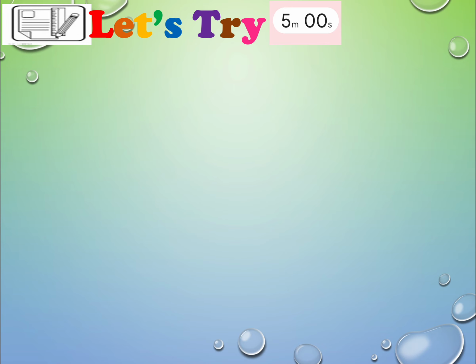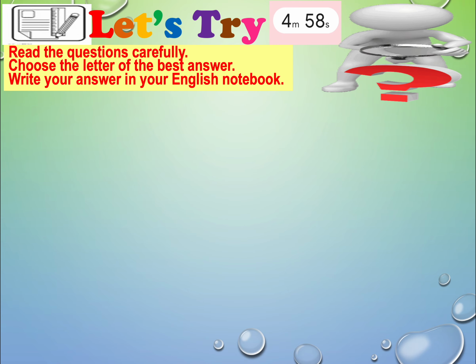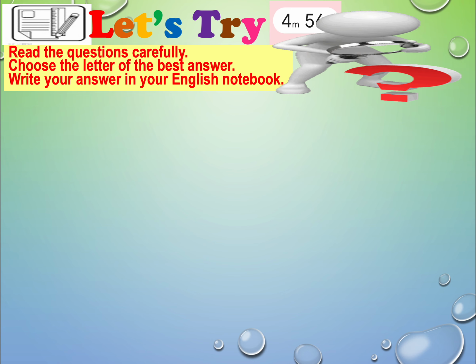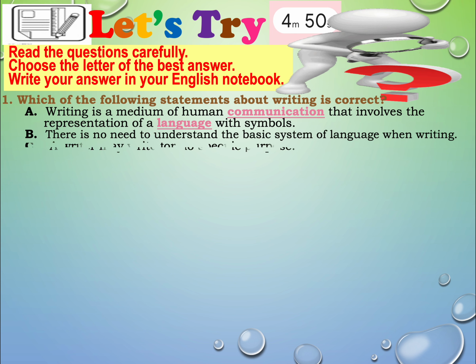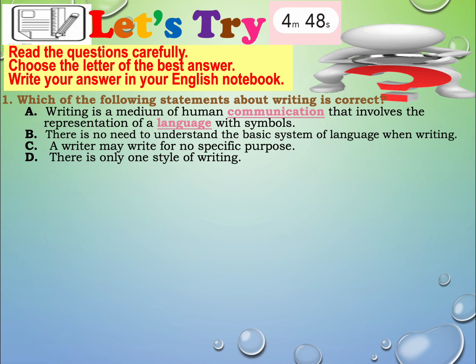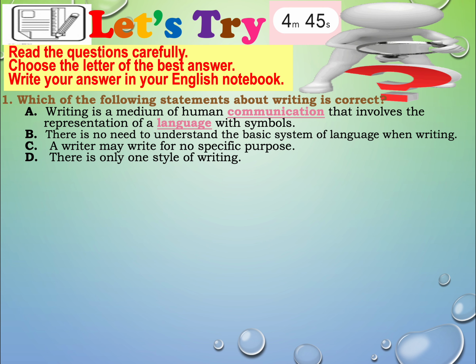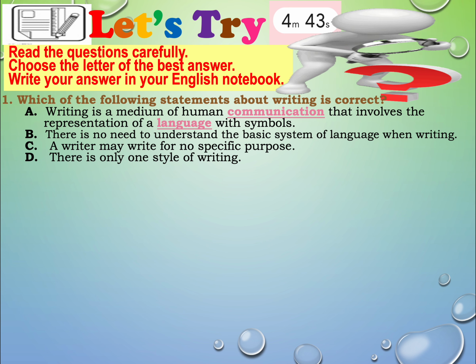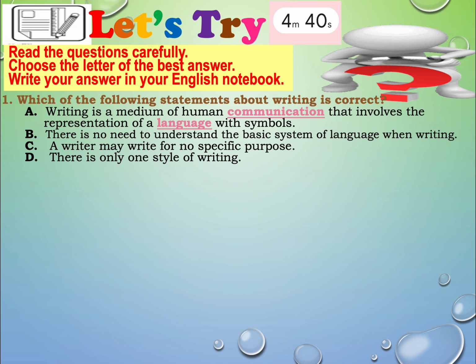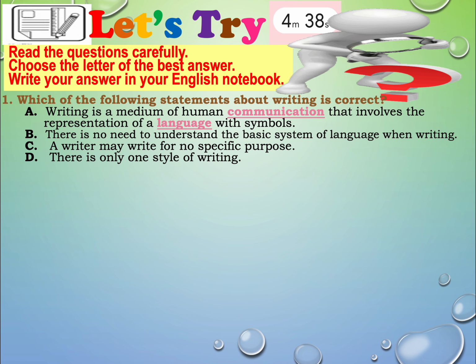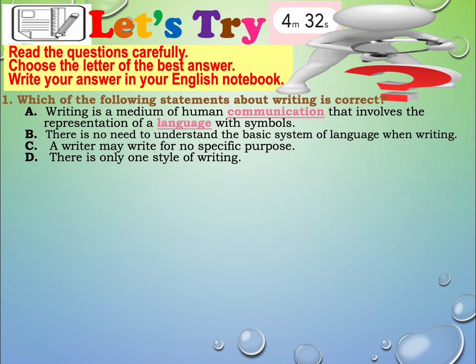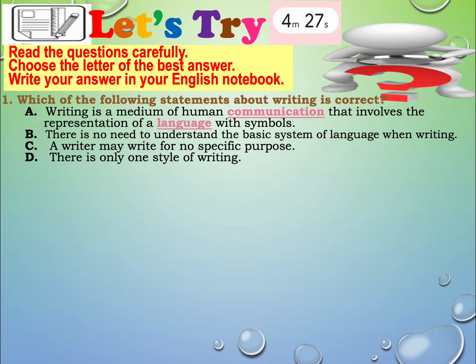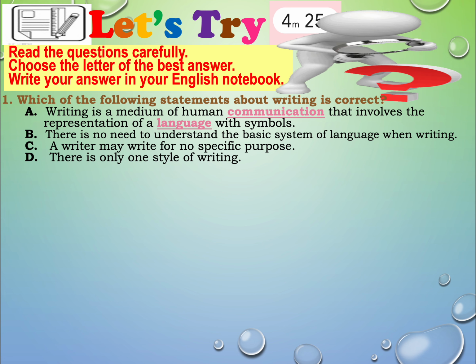In your module 1, first activity, you are asked to read the questions carefully, choose the letter of the best answer. You are asked to write your answer in your English notebook. Number 1, which of the following statement about writing is correct? A. Writing is a medium of human communication that involves the representation of a language with symbols. B. There is no need to understand the basic system of language when writing. C. Writer may write for no specific purpose. Or D. There is only one style of writing. Correct answer is